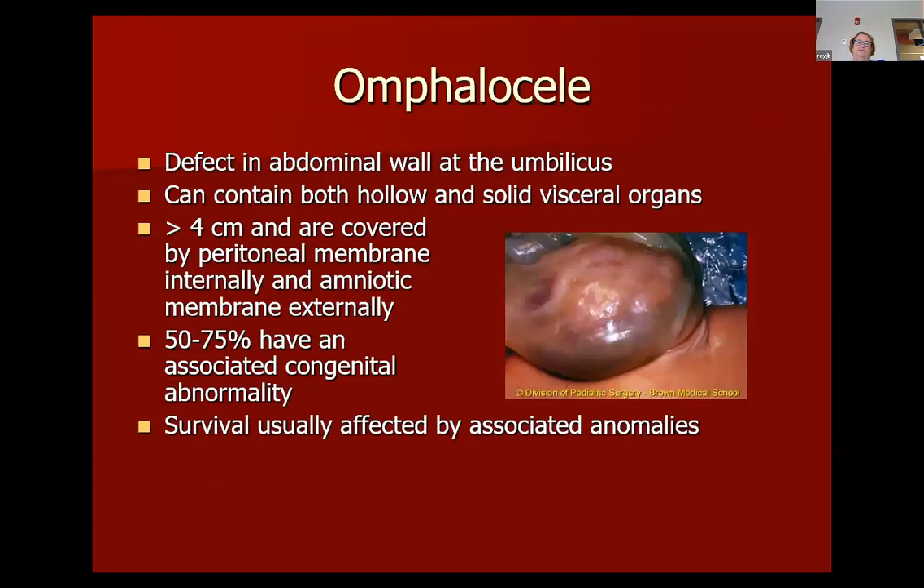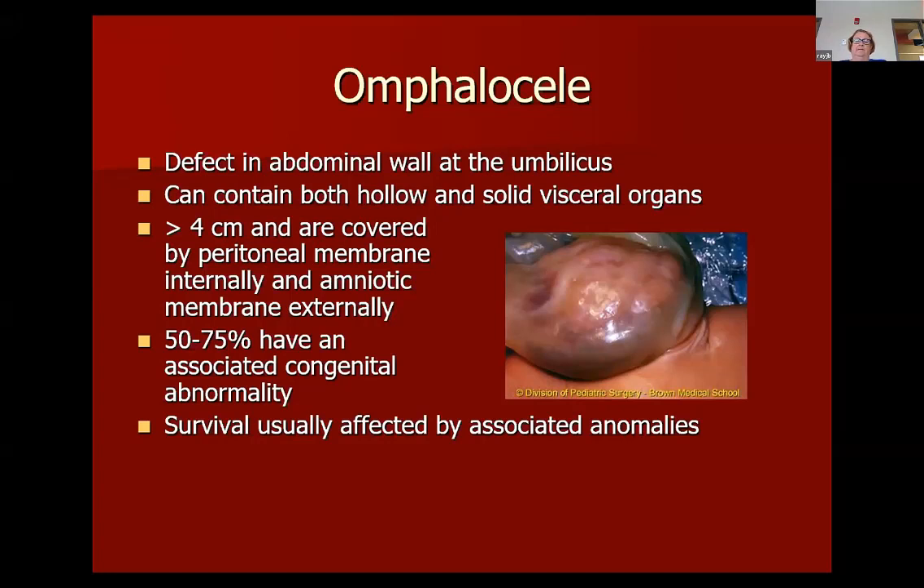Omphaloceles are interesting to me. I guess I've had 3 or 4 since I've been here. I can't remember exactly, but it's a defect in the abdominal wall, right through the umbilicus. You can have all the organs through there or part of the organs. It's really yucky, but most of the time, if we know it's going to happen, they are going to deliver at a tertiary care center so that they can go almost automatically back into surgery